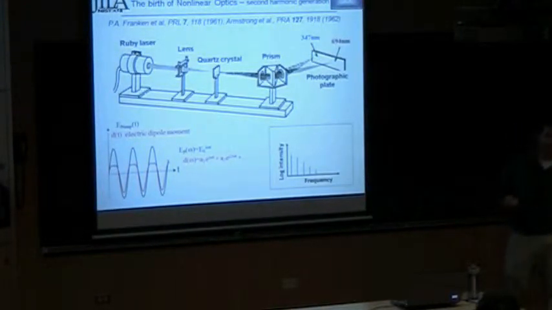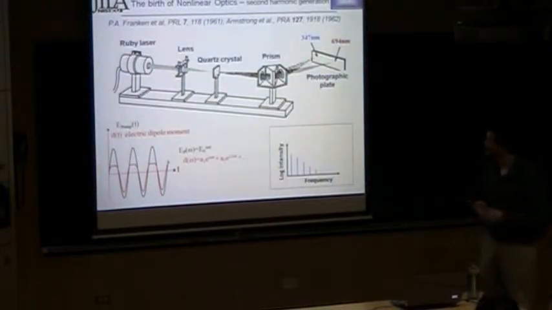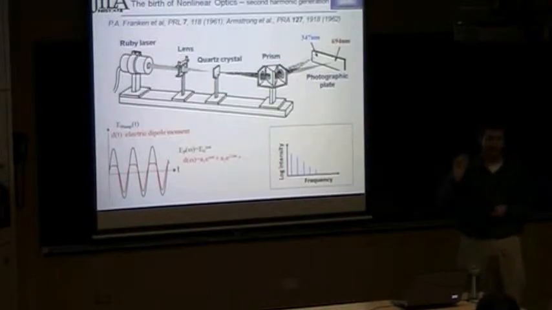And so if you actually go and look up this paper, I'm sure some of you have heard the story before, you'll see, if you look, they've got the picture of this photographic plate in there. At 694, at the fundamental, there's a nice bright beam. And at the second harmonic, there's nothing. And that's because the copy editor, at least the way I've heard it, saw it, thought it was a speck of dust, and wiped it out.